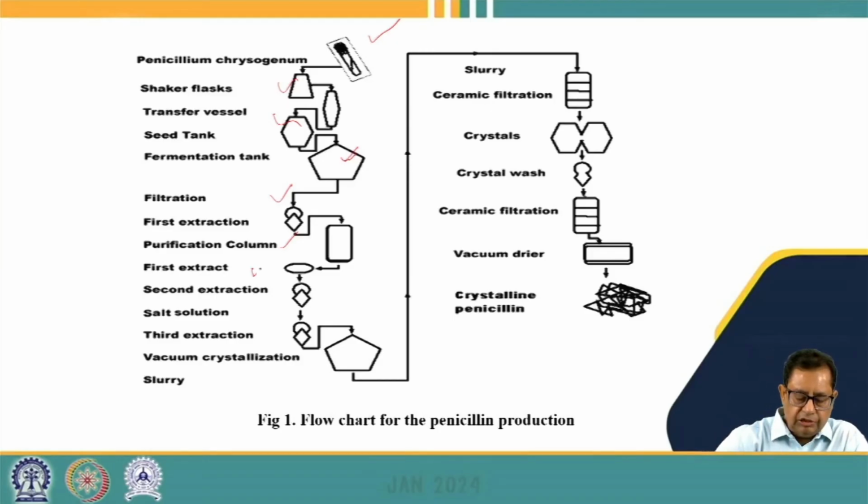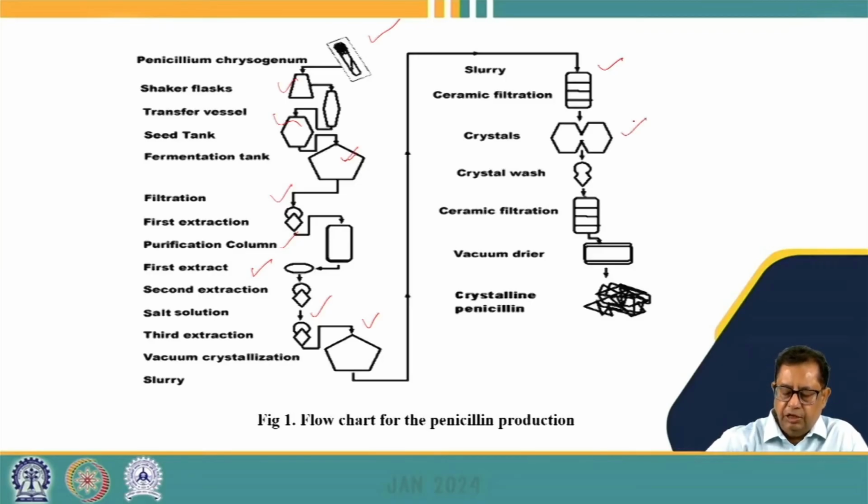Similarly, the second extraction is done where we use salts, and later we can go for a third extraction where we again use certain solvents so that we can get the purified penicillin from it. After this we pass it through vacuum crystallization so that crystals may form, and later the slurry that contains crystals can be filtered through a ceramic filtration process